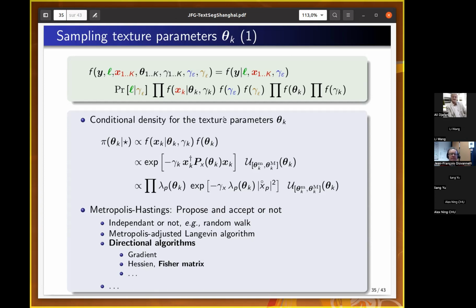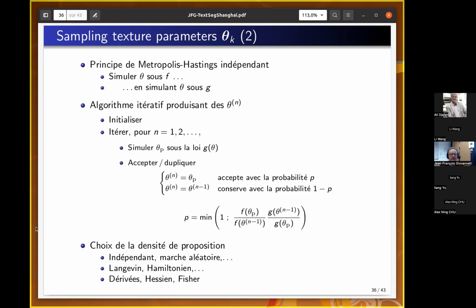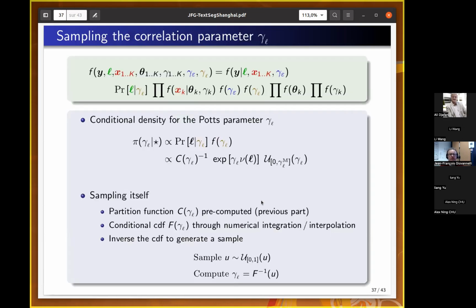And the last one, this is some details about the Metropolis Hastings algorithm. I could give details, or I guess you know about that. The last one is the Potts parameter. The Potts parameter, of course, is in the probability density function of the label and the prior one. The prior one is just a uniform distribution between 0 and a maximum value that I set to 3 in the simulations. And of course, it involves this part,